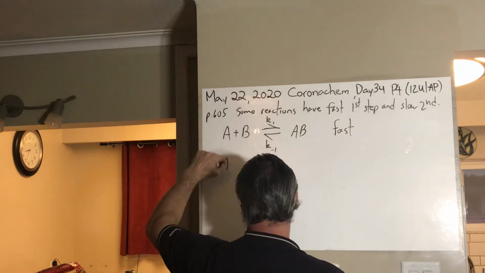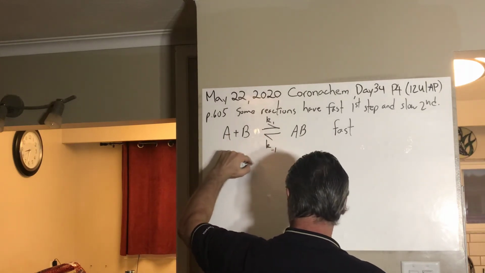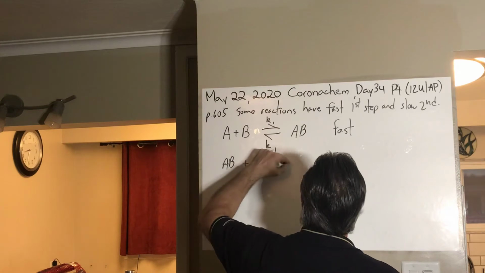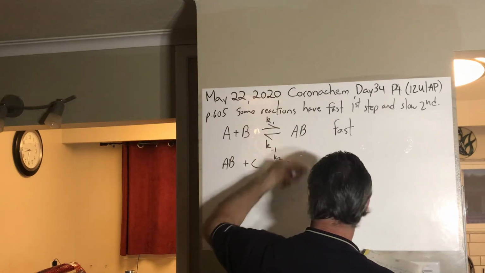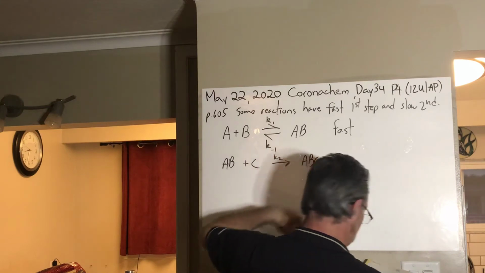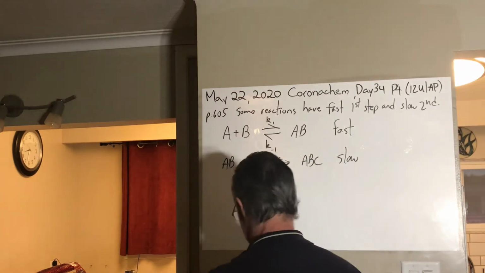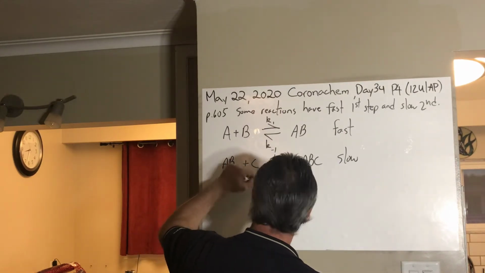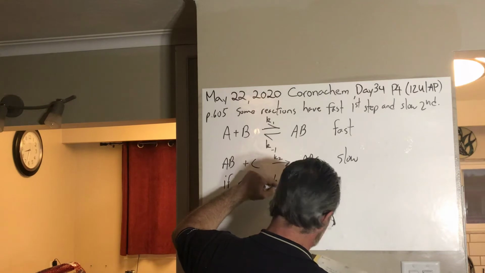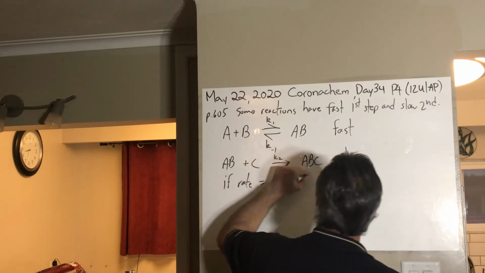And then there's another step where the AB complex that's formed in the first step combines with something C, and that we'll call K2, reaction constant 2, and you get ABC at the end. And this is a slow step. So if the rate of the reaction is given by this, K2 times AB concentration times C,